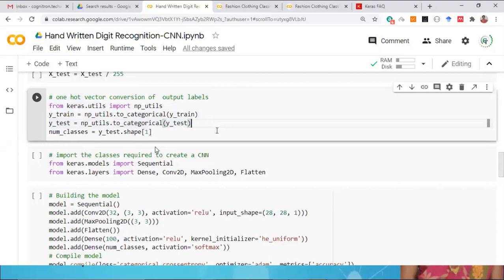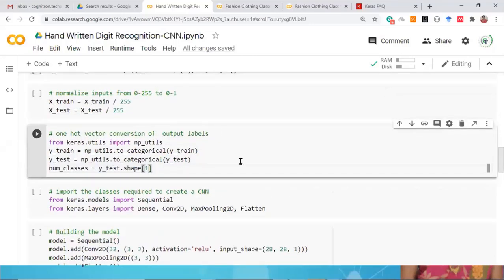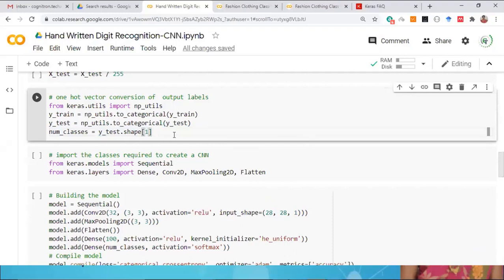Now the data is ready. The given data set is the handwritten digit classification data set, divided into train and test partitions. We have the labels separately and the features separately. Everything is ready, and the labels are also converted to the categorical type. Now we can start implementing the CNN model.